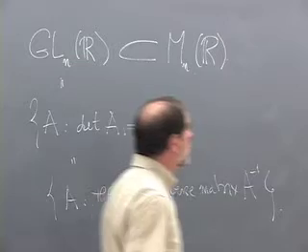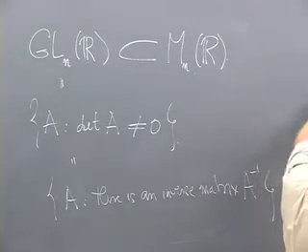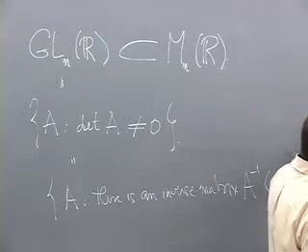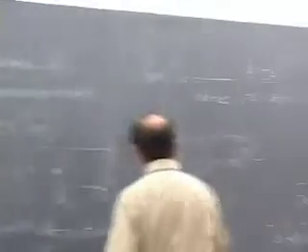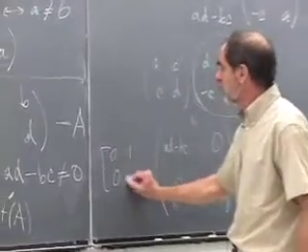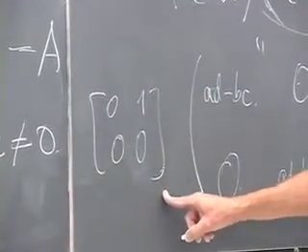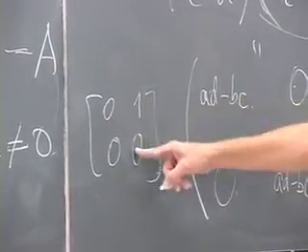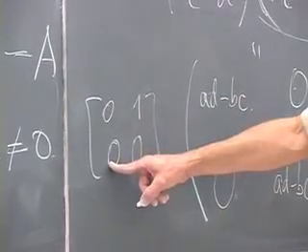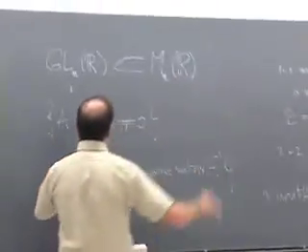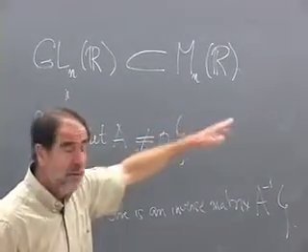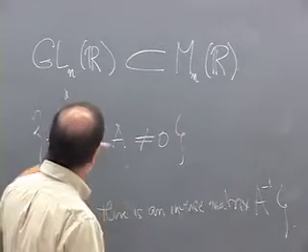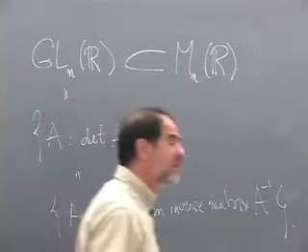So for 1 by 1 matrices, the set is everything but the 0 matrix. But for 2 by 2 matrices, you have to throw away other matrices. For example, you have to throw away that matrix that we wrote down before. This is not in GL2 because its determinant is 0 times 0 minus 1 times 0, which is 0. So this is a large set of n by n matrices. It's defined by the non-vanishing of a certain polynomial on this set. So almost everything's in it, but we just want to look at that set of matrices, the invertible ones.